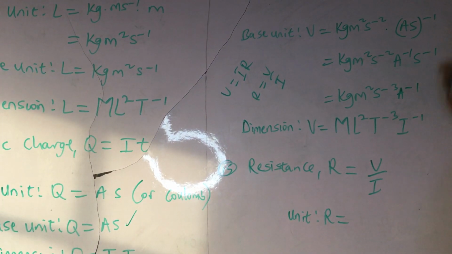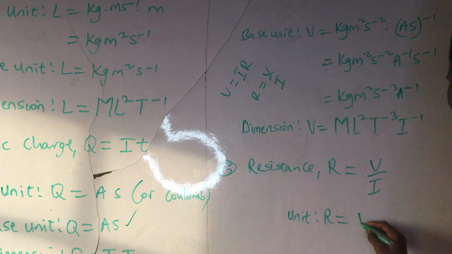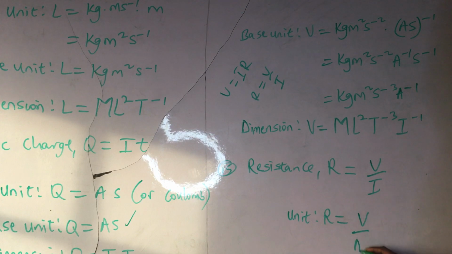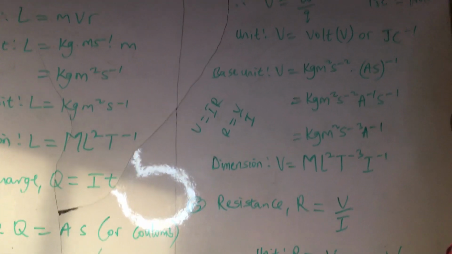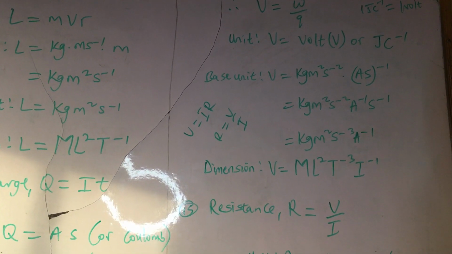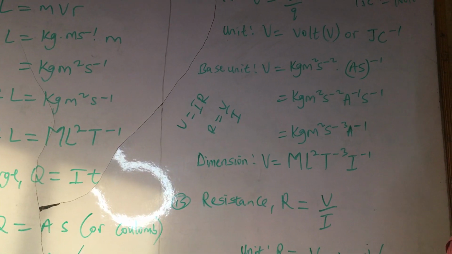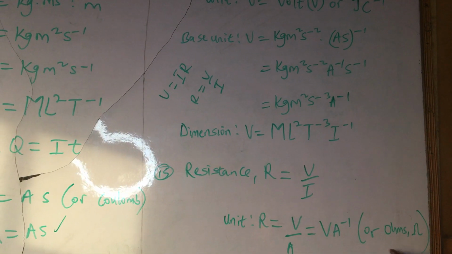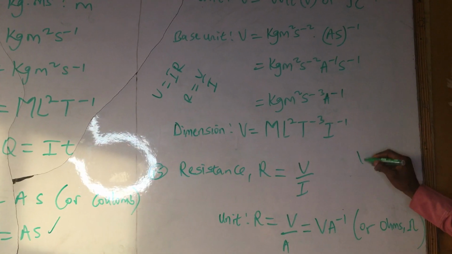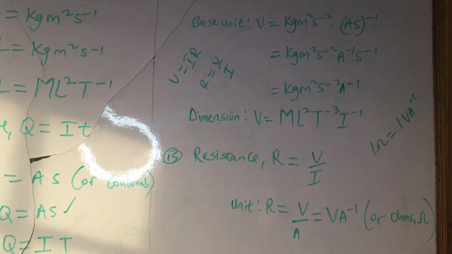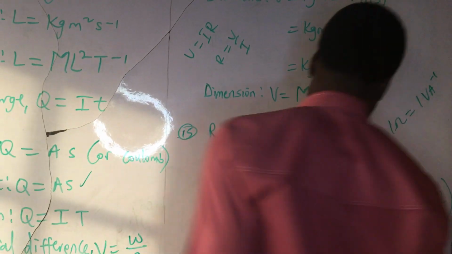Unit of potential difference is joule per coulomb or volts. Unit of current is ampere. So resistance is volts per ampere, or what we call resistance is a specific unit called ohms. This is how we represent ohms. Ohm is the unit of resistance, or volt per ampere. 1 ohm is same thing as 1 volt per ampere. All right. Then for the base unit,